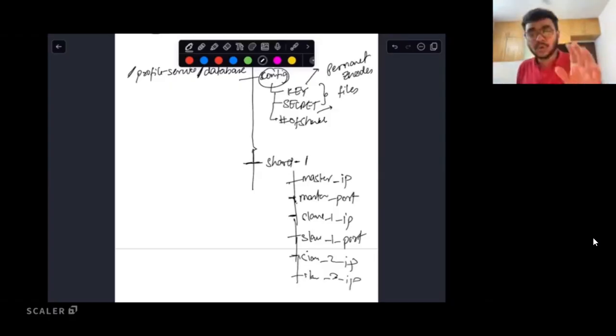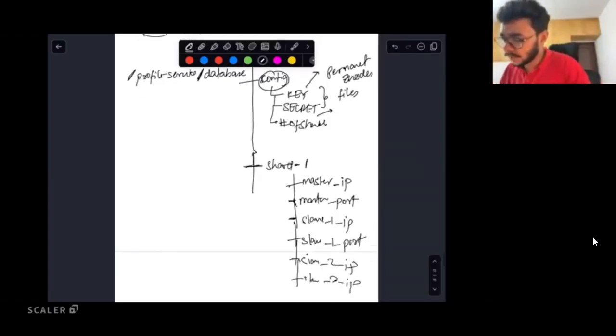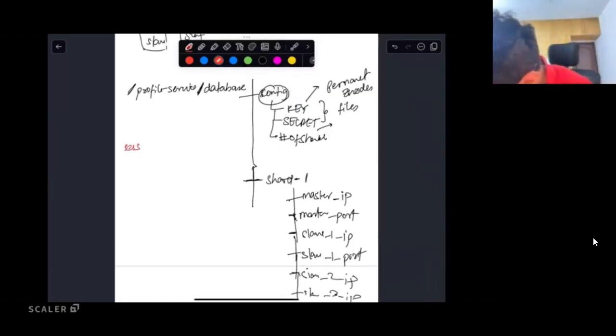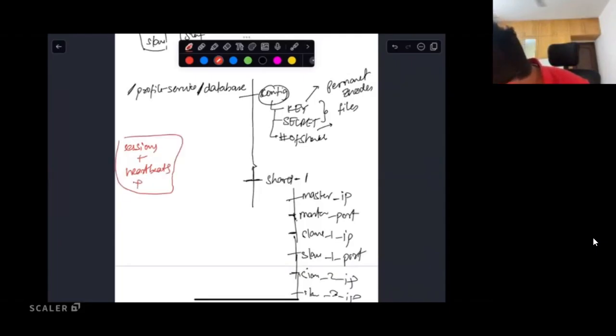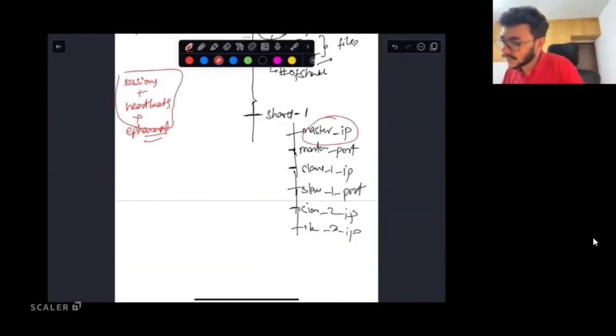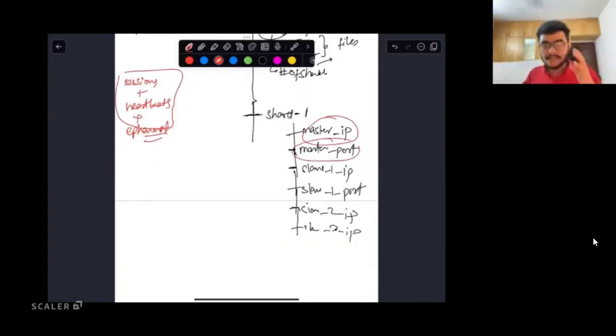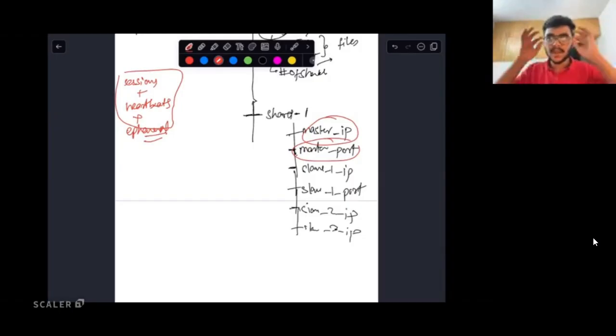Now I want you guys to pay extreme focus on this, because I'm going to be covering two concepts over here. One is the concept of sessions and heartbeats, and plus ephemeral nodes. Someone asked why these files are supposed to be ephemeral in nature. The number one reason for these files to be ephemeral is the first responsibility of Zookeeper, which is that you need a system which can manage the metadata about the underlying cluster. One of the metadata that you have to manage for the underlying cluster is its health. You need to, at all points of time, figure out whether something is healthy or not.